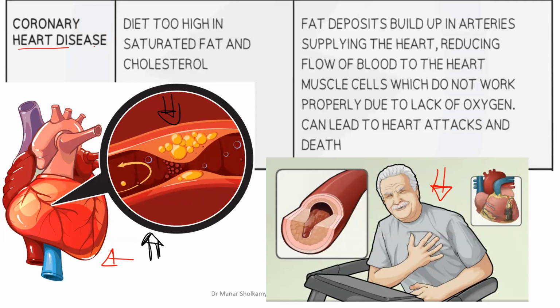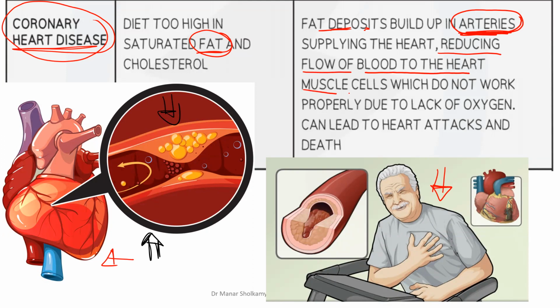Okay? So coronary heart disease is a disease that results from malnutrition, because you are eating the wrong type of food, a diet that is very high in fat, and we will talk about the different types of fat. These fat deposits will build up in your arteries. I'm sure you know what arteries are, yes? This is the blood vessel that supplies all the organs with blood. And this will then result in a decrease in the flow of blood to the heart. The muscles of the heart will not be able to contract, and then the muscles will die, and you will suffer from a heart attack, God forbid.